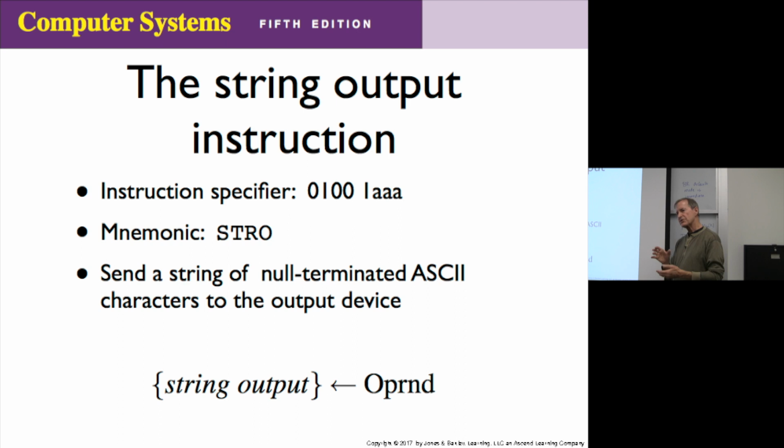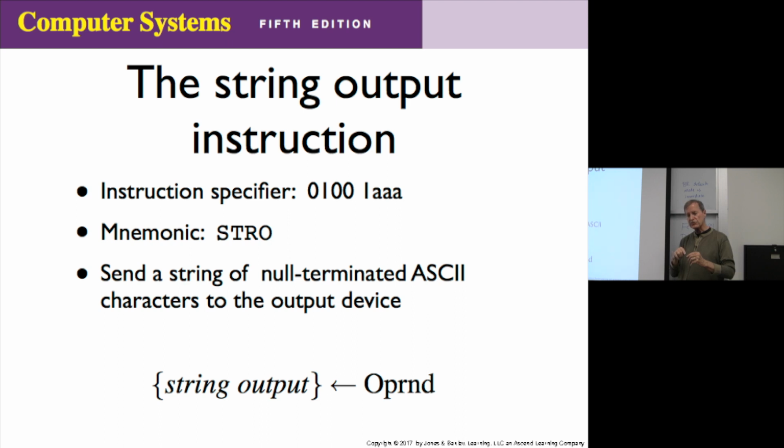What it assumes is that you have stored an ASCII string of characters somewhere in memory, but you have to make sure this ASCII string is terminated with the 00 byte, the null byte. Are you with me? And what the operating system does, when you call this string output instruction,